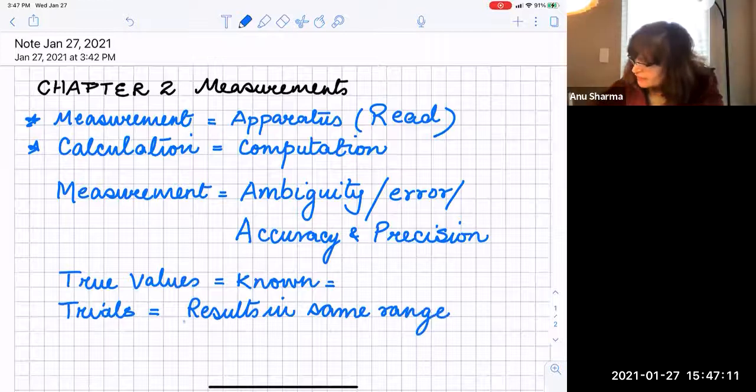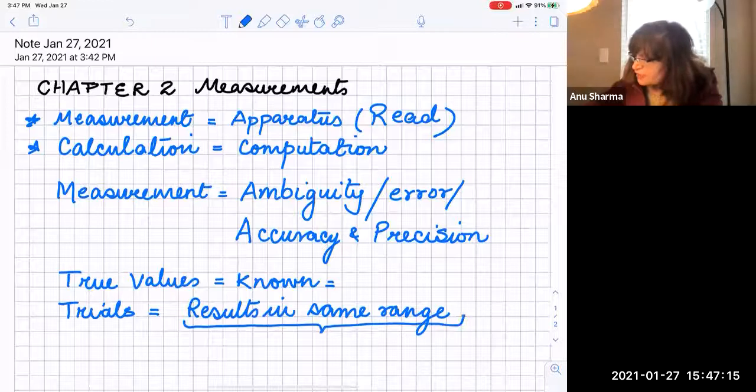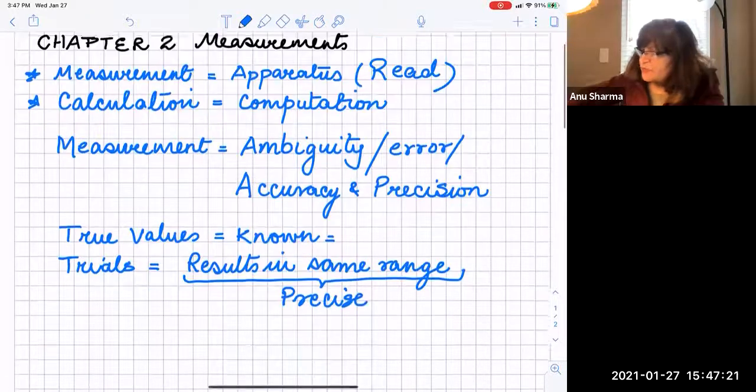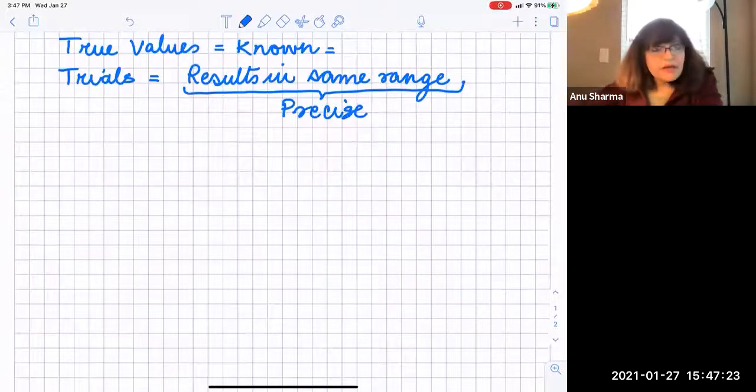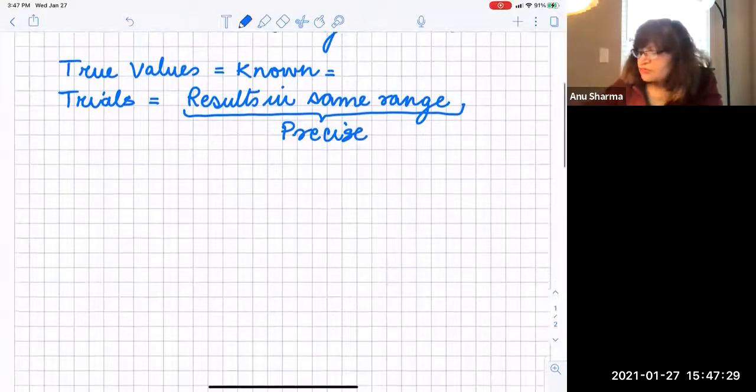Then that means that your data is precise. You're gathering data that is precise. But it may be accurate, it may not be accurate. If it is accurate, that means it is going to be close to the true value. But if it is not accurate,